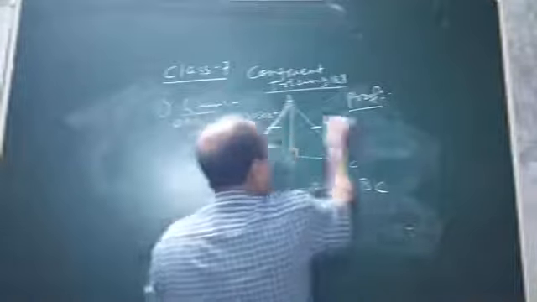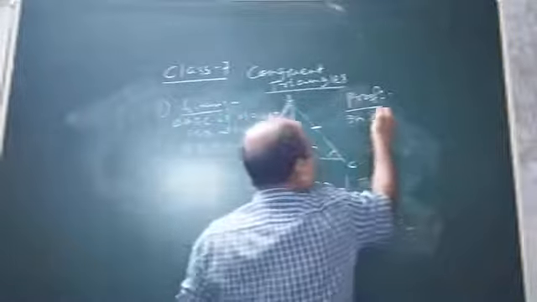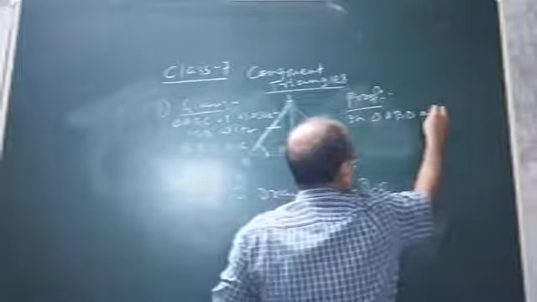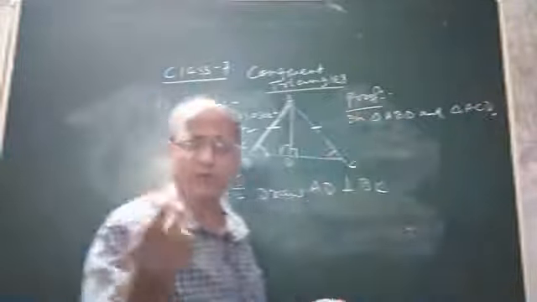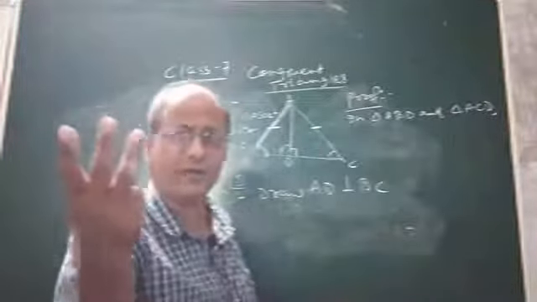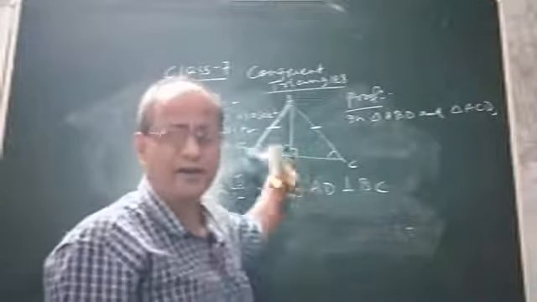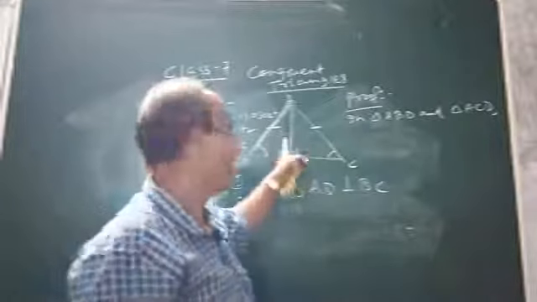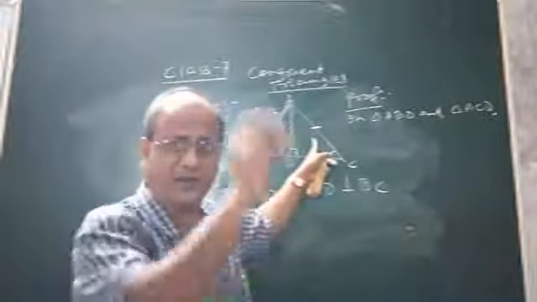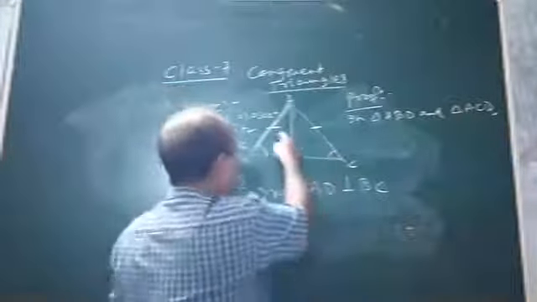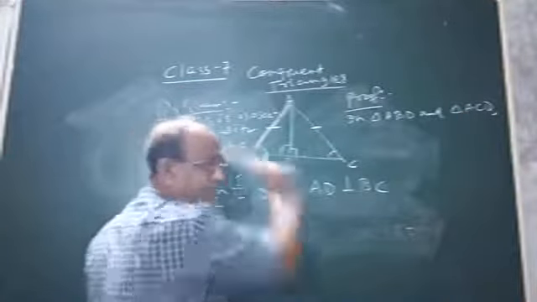See, now let us test the congruence of triangle ABD and triangle ACD. So in order to prove two triangles to be congruent, we require how many matching parts? I have told you, 3 matching parts minimum, without which we cannot prove two triangles congruent. So let us find out what are the 3 matching parts, along with reason, giving reason. Okay, reason is a must. Without reason it is meaningless, it is wrong. We want to prove that this triangle and this triangle are congruent, then only angle C will be equal to angle B, otherwise it is not possible.